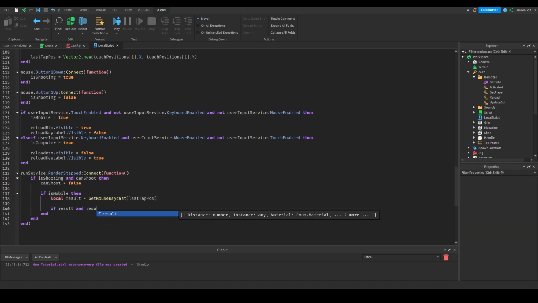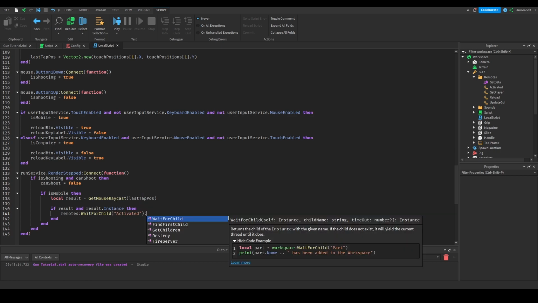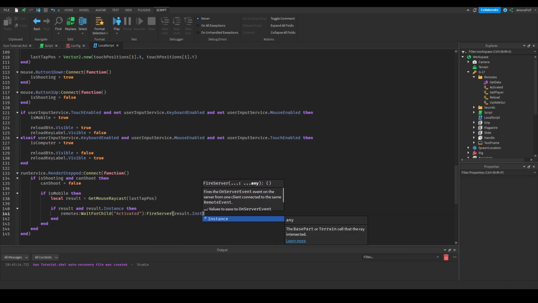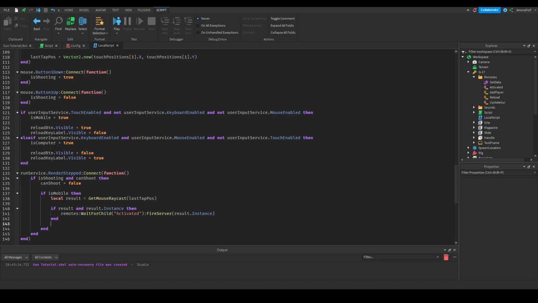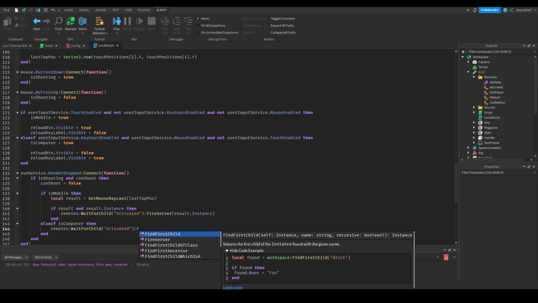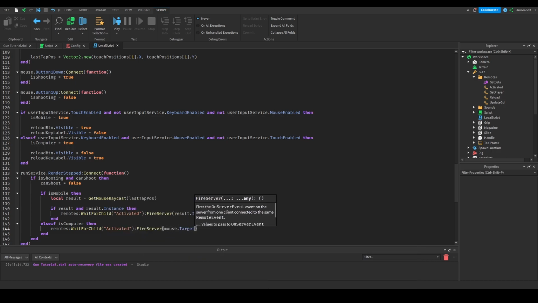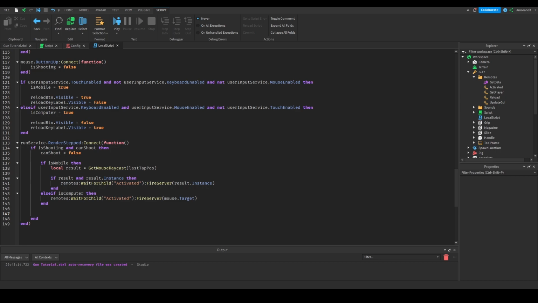If result and result dot instance, then remotes colon wait for child activated fire server result.instance. And then outside of this if result if statement, so in the is mobile if statement, we're going to type else. We're going to type else if is computer, then remotes wait for child activated fire server mouse.target. Outside of that if statement entirely, so in the if is shooting if statement, we're going to type task.wait get